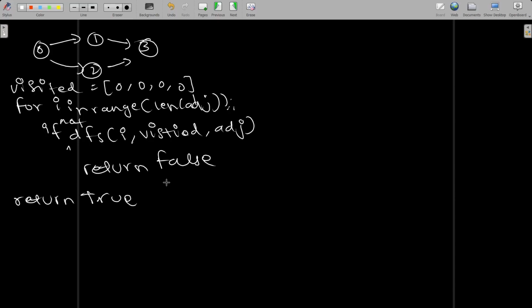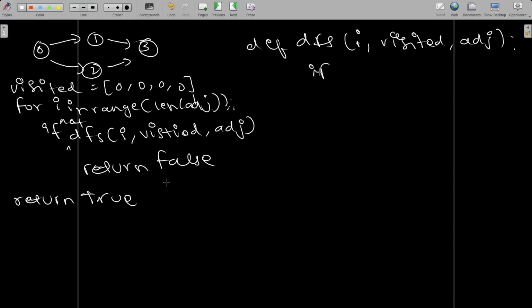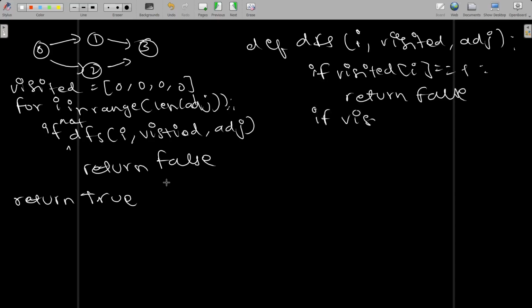So this is the main code, and let's write the DFS code again over here. So def DFS(i, visited, adj). Right. Now, what we'll do over here is firstly, we'll check if visited of i is equal to -1. If it is, this means that there is a cycle present, we'll return false. If visited of i is equal to 1, we'll return true, right? We'll return true because